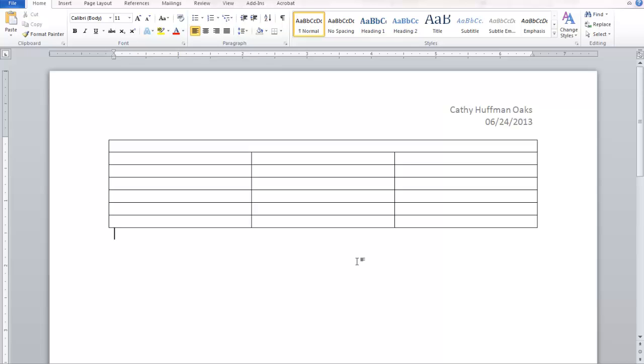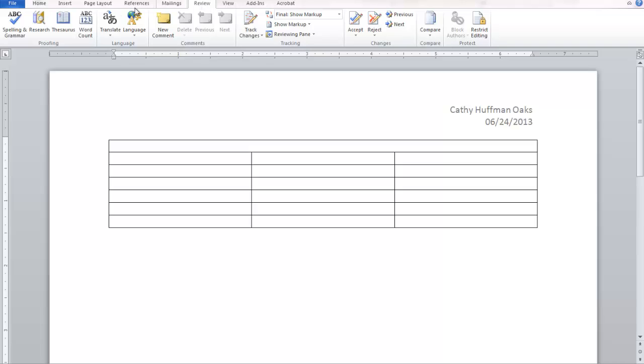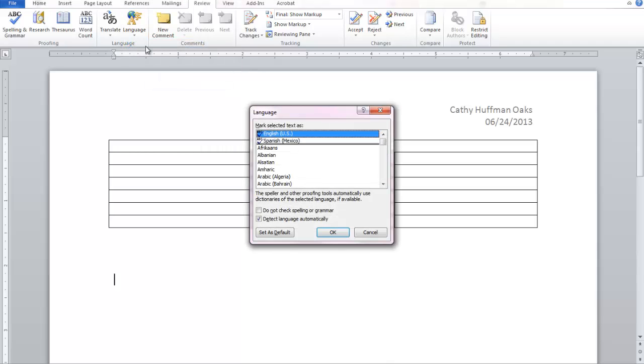Okay? Now, to conclude this tutorial, we're going to finish with the third step, which is to set up our keyboard for the Spanish language. So I'm going to ask you just to return 2 or 3 times in the same document. And this time, we're going to go back to the ribbon, but this time we're going to click on the Review tab. So if you click on the Review tab, and then you want to move to the Language group, choose the down pointing triangle underneath Language, and select Set Proofing Language, and you're going to choose